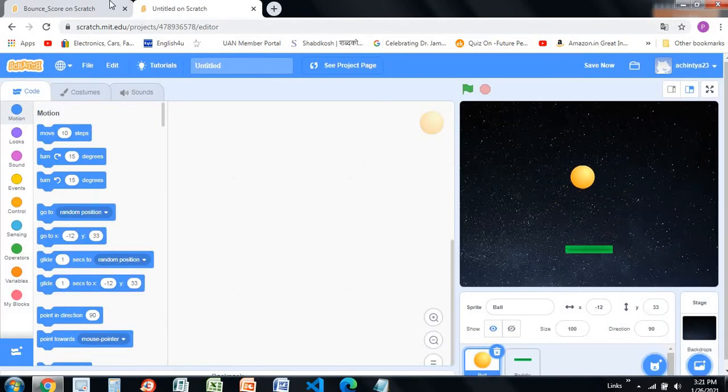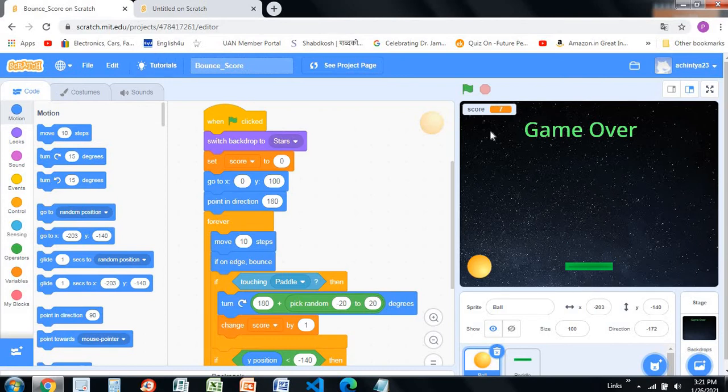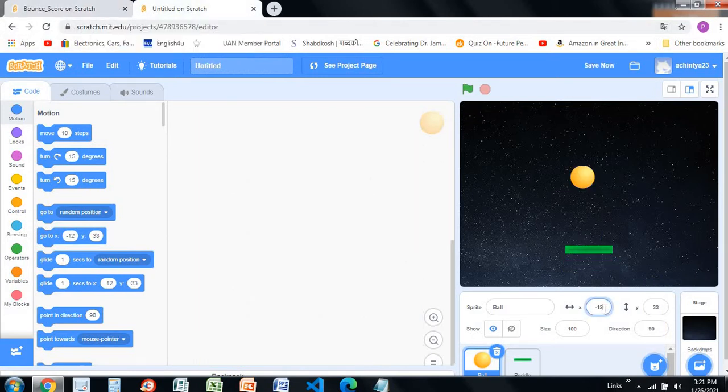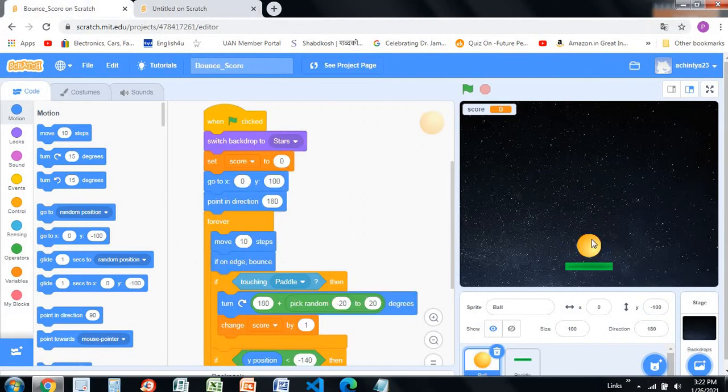So I'll just check the positions. The paddle's X is 0 and the Y is 100. Now let me check the ball.